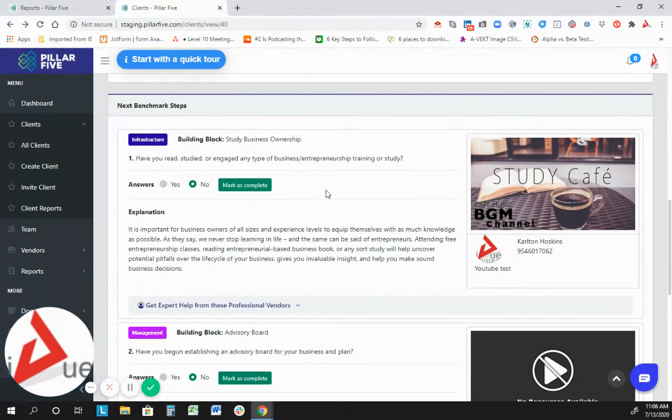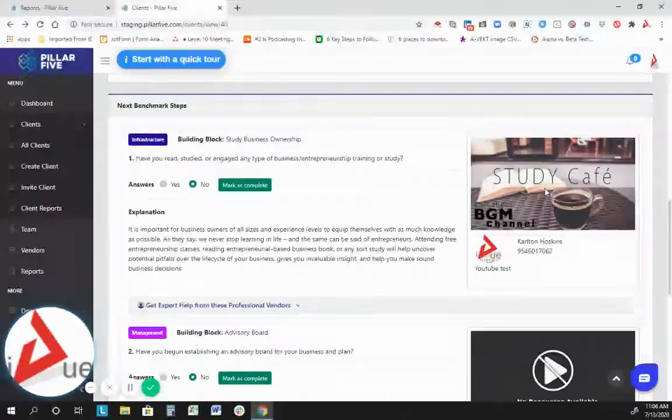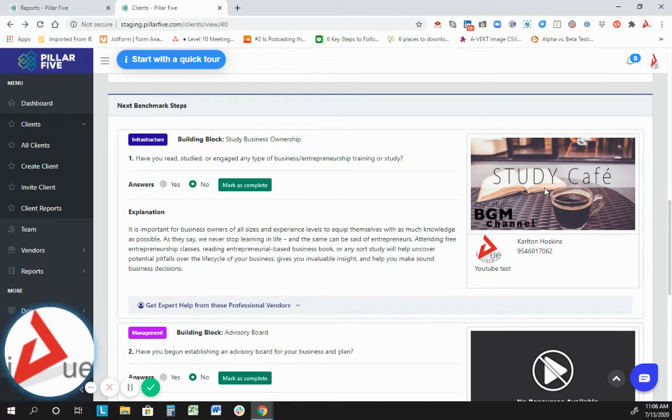So here, as they land on these benchmarks and these building blocks, and they're working through this process, and they're reading these questions, one of my favorite pieces to this tool is the resource section. And that is, this is where you, as the consultant, get to put in your intellectual property, your brain power into an automated system. So really quick, oftentimes you find yourself saying the same thing over and over and over again to clients,